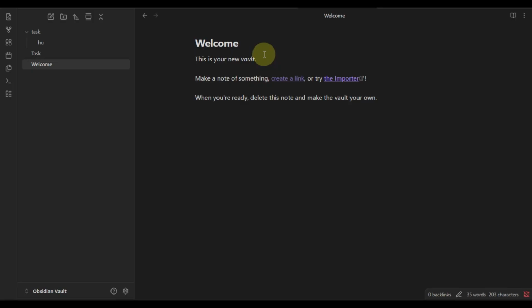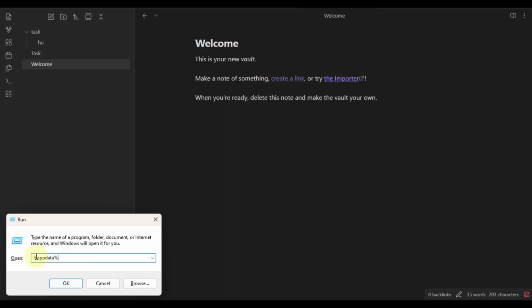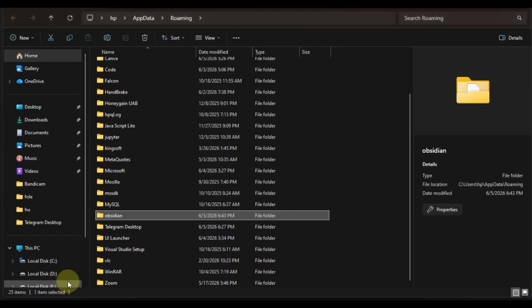The first step is to open the Run dialog with Windows plus R. It will open a command box, and type %appdata% exactly as shown, with a % before and after the word appdata. Then press Enter. This command opens the roaming appdata folder, which stores configuration files for many applications installed on your